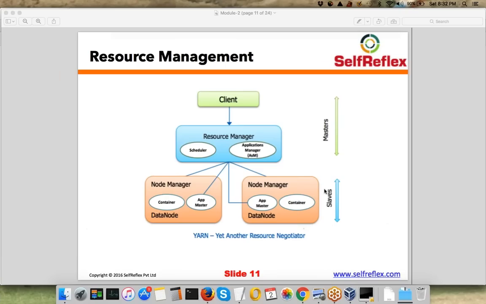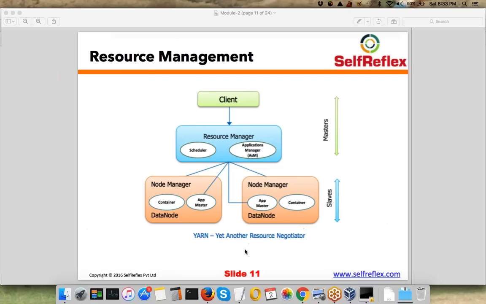So your data is already present on these slave nodes, right? We have already talked about it. So just think about it. You already have your data present on these slave nodes. Now you want to process this data. So for example, let's say you have your data in the form of call data records corresponding to every subscriber. You have the duration or number of calls that he has dropped, right? Now you want to figure out which are the top subscribers who have dropped the most number of calls. If you want to figure that out, you want to run some program in this cluster which will read this input data and give you the results. That program, that application is something that you want to schedule in the cluster, right?